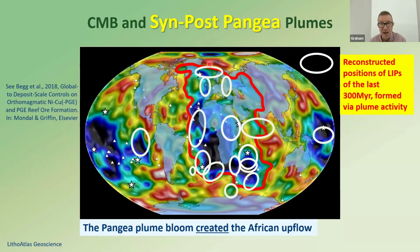Okay, now this is where Pangaea was. Pangaea formed by a long period of subduction, bringing the various continents and microcontinents together to form Pangaea. That process puts a lot of slab down around the core mantle boundary where it heats up. Some components of that become the mantle plumes. And so they end up bombarding the base of the supercontinent